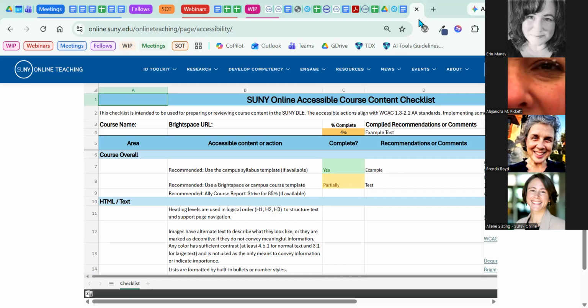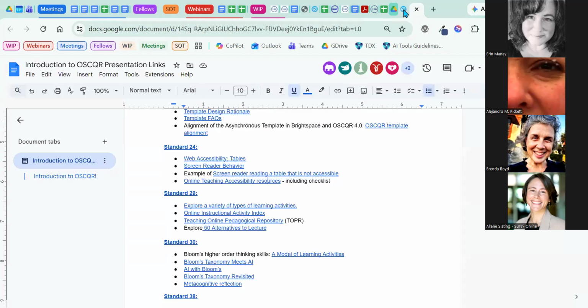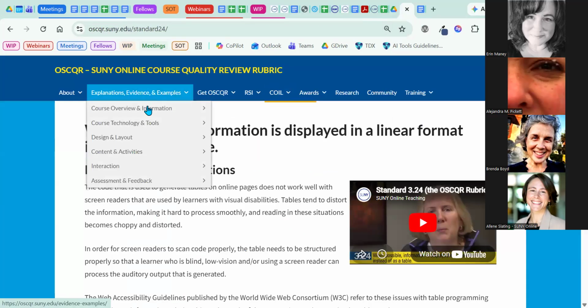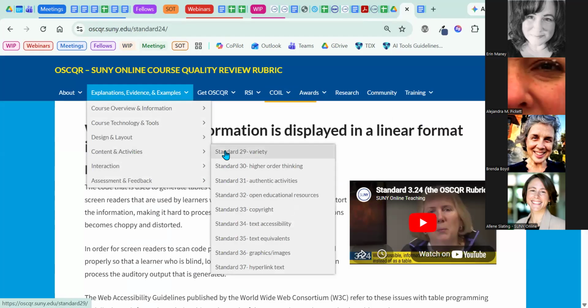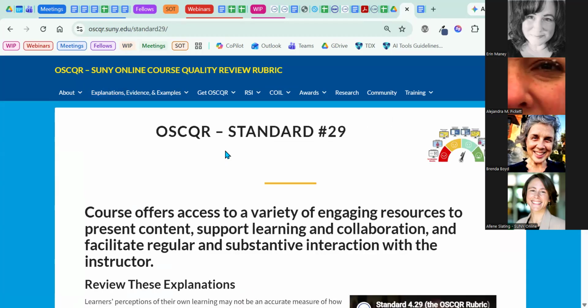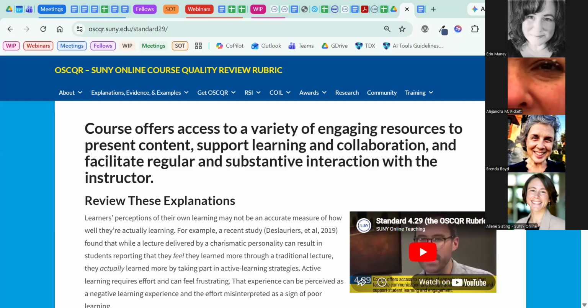Okay, so let's go on to Standard 29, and Standard 29 is in the content and activities section. So we've gone down to the content and activities section, and this standard talks about the course offering a variety of engaging resources to present content, support learning and collaboration, and facilitate regular and substantive interaction. So for this particular standard,